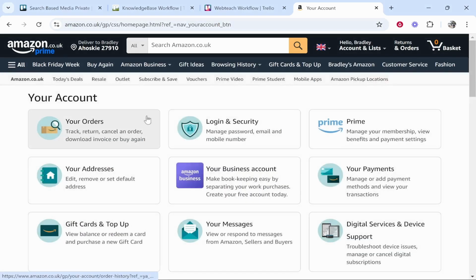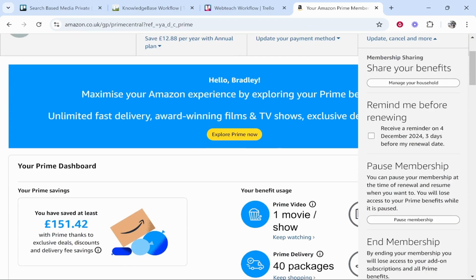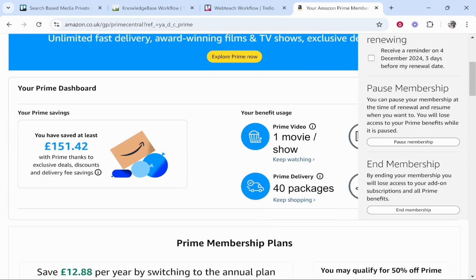Once you've done that, it will take you to your account. Here we can go to Prime. Once you click on Prime, you'll have some details about your account, including your monthly plan, the renewal date, and the membership. What we're going to do is click on Update, Cancel, and More under the membership section. And then you can go ahead and end the membership by clicking on